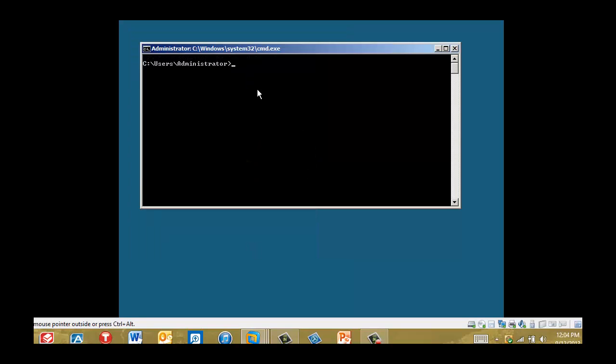Now we will do number two. We will change the host name. First, we will type in hostname, and that gives us the actual name of this computer. Now to change that host name, we need to type in netdom renamecomputer, and then we'll put in that current computer name,